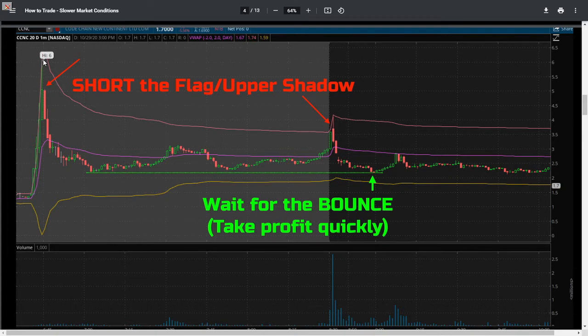150 straight up to $6 in like 4 candles. 4 minutes, it's from 150 to $6 on the dot. Of course, nasty upper shadow on top of the hill, so it fades back, right? So we notice this in pre-market. What's going to happen in the market when we have this straight halt up and this opens and forms this